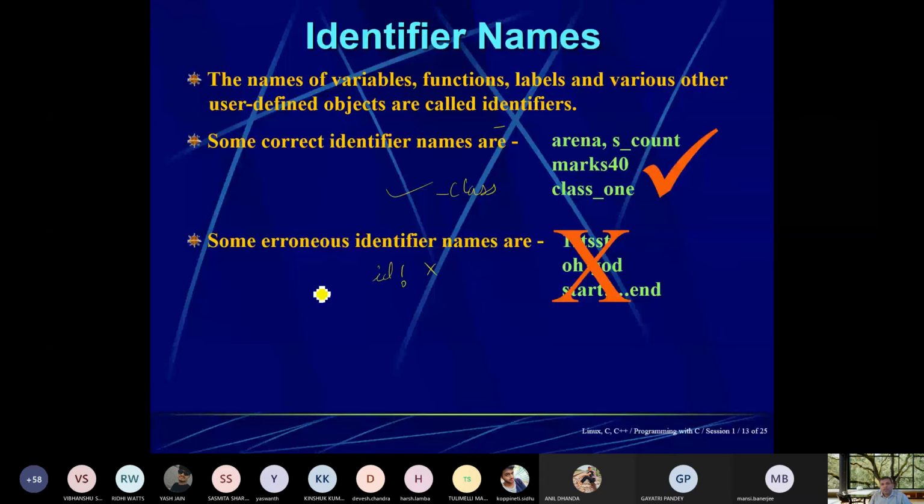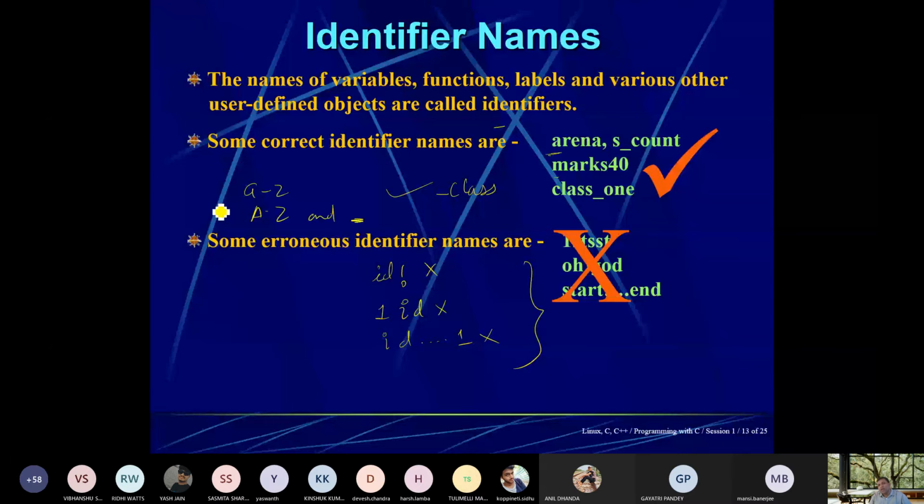One ID is also wrong. ID dot dot dot dot one is also wrong. So these all are the wrong kind of identifiers. It must begin with a character or underscore, and it can include A to Z and underscore only.